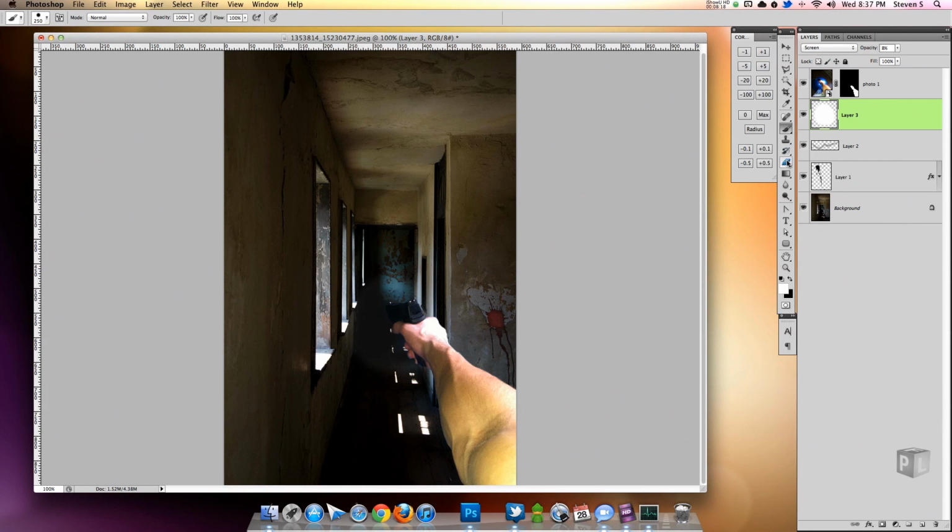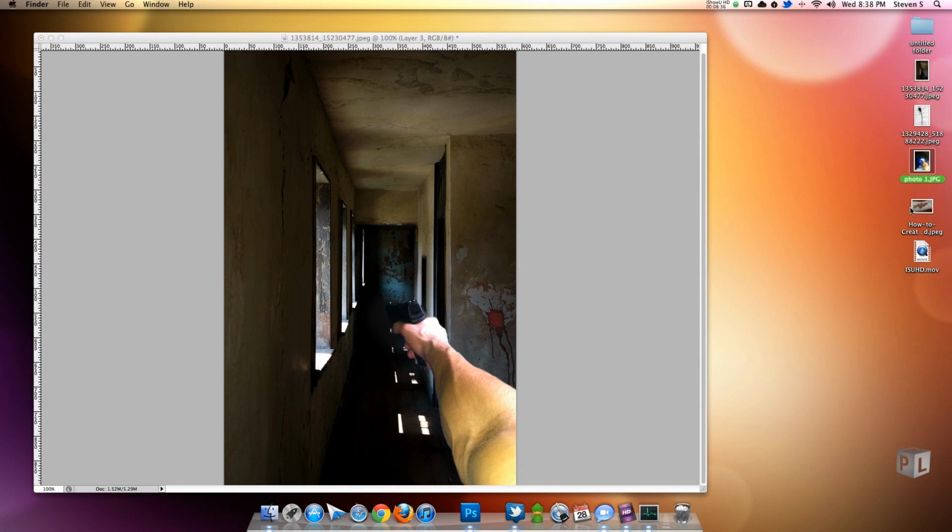Let's try screen, and then I'm just going to erase part of this. There we go. So before, after. You can't really tell that it's there, but it shows more of the details of the front of the gun. So now I want to give this more of a creepy look, so I am going to drag in this